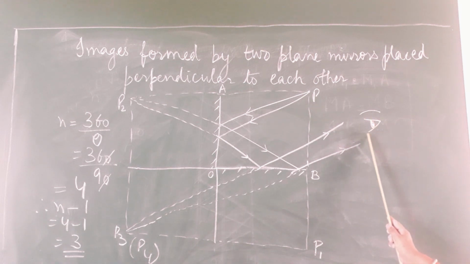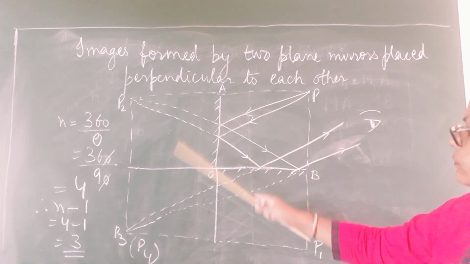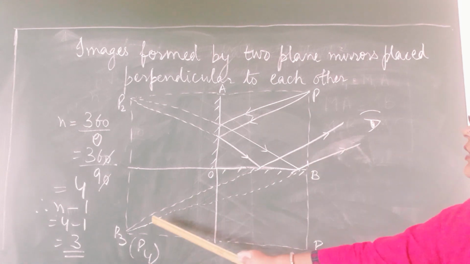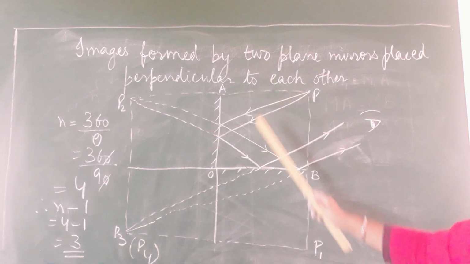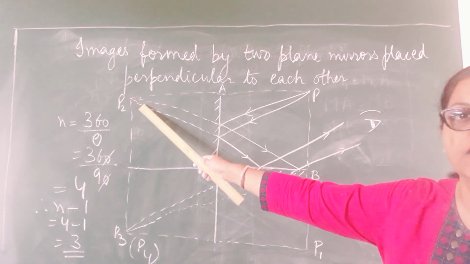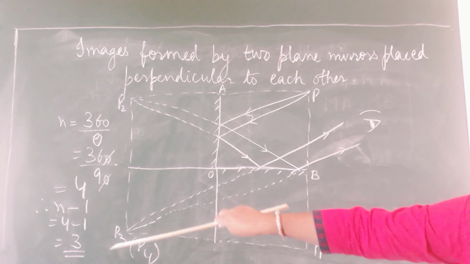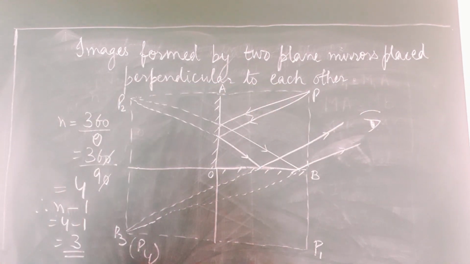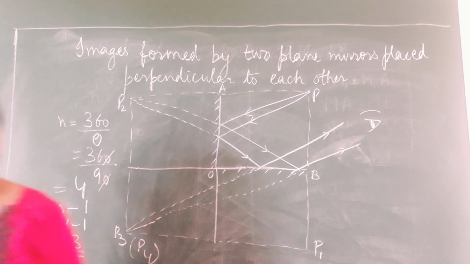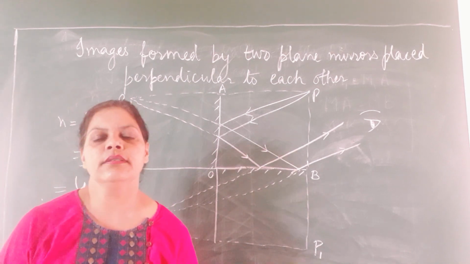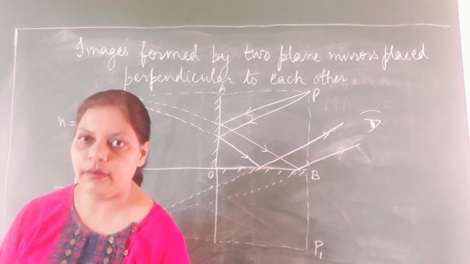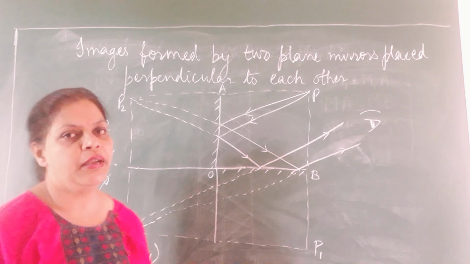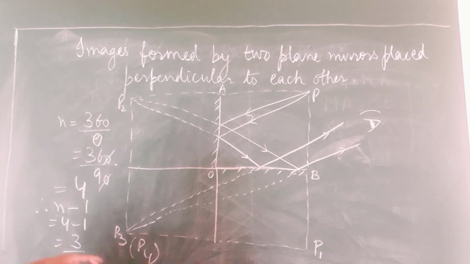When you observe your images from here, you will be able to see only 3. In fact, you will be able to see this. Okay, when you see from here, you will be able to see this. And as I told you, one image will be found behind the set of mirrors. So this is how you draw the two important diagrams, children. And please practice these two diagrams. That is, when the mirrors are placed parallel to each other, the number of images formed is infinite. And when they are placed perpendicular to each other, the number of images formed is 3.